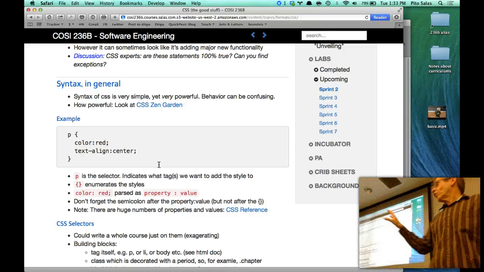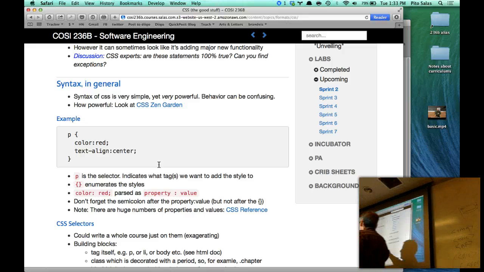So that's the basic format, and I'll break it up. This thing before the curly bracket is called a selector, and it designates what part of the related HTML page is going to be affected by this clause. So the way this is written, all P tags have these attributes. Color is red and text alignment is center. Every single one on the whole page, not on the whole site,